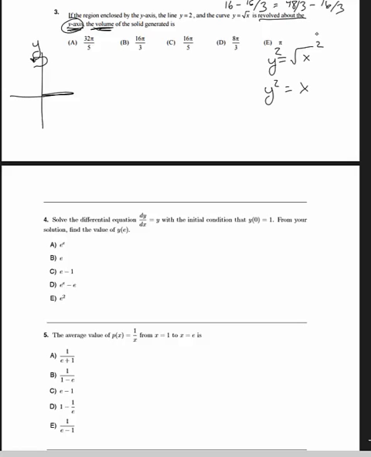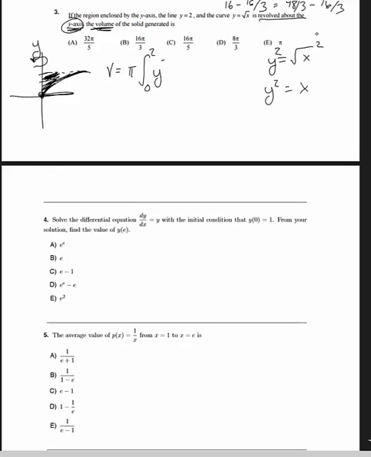So this graph still looks like this, and we're going from now 0 to 2. So we're revolving this area here around the y-axis. So our endpoints will be 0 and 2, right? We start off here, and we get volume equals pi times the integral from a to b, which in this case is 0 to 2,